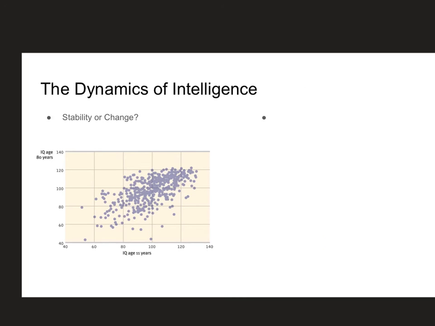The dynamics of intelligence testing. So do we fall under stability or change when it comes to IQ? Do we stay the same or does it change as we age? Well, we know a couple of things. First of all, your IQ will level out at age 7. So at age 7, you start to see a consistent, steady increase. And that's when we find that people's IQs really become more stable.